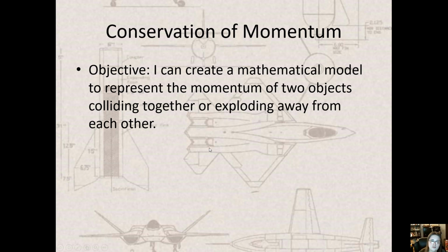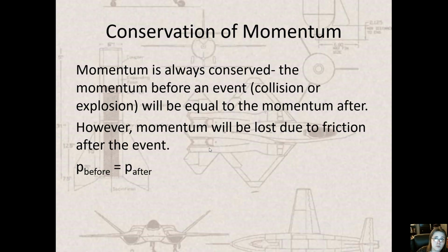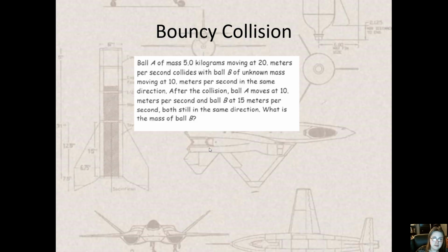So today we want to look at creating mathematical models to represent the momentum of two objects either colliding together or exploding away from each other. What we need to know is the momentum is always conserved. For Regents physics, this is really all that's important. Sometimes there is loss due to friction or sound or heat or other energy, but we don't really deal with that in this class. So there are two types of collisions and one explosion that we deal with in Regents